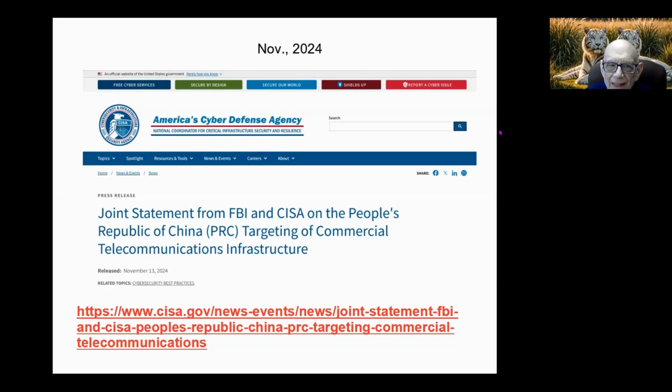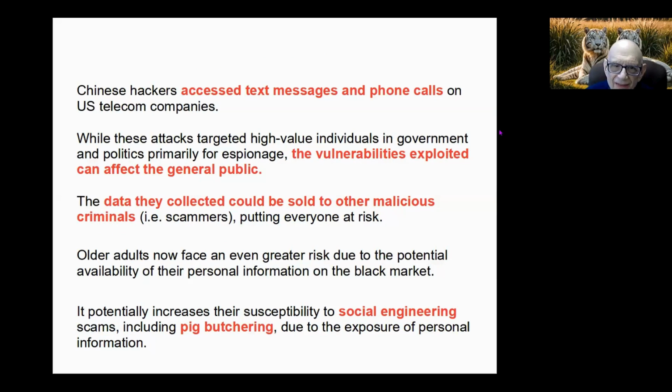The Chinese have actually been able to access your text messages and phone calls on US telecom companies. Now, you weren't the target. The target were governments and political figures, primarily for espionage. But the problem is this information is out there and you're just as vulnerable as anybody else, because that data could have been sold to malicious criminals.